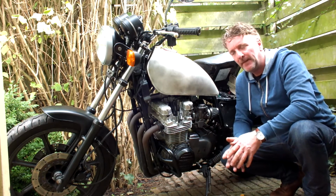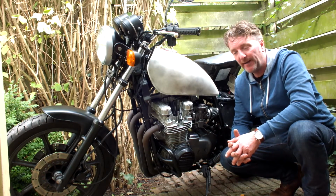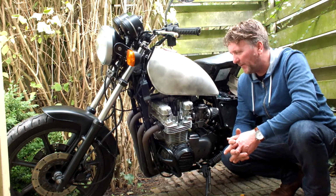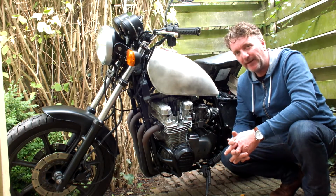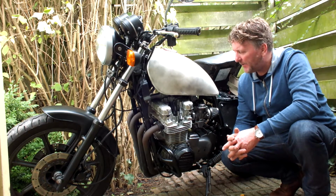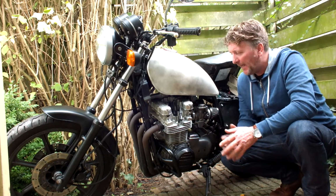Here she stands, and as you might recall, I had a few things to do to finish this bike, primarily related to the carburetor, so I'll be going into a little bit more detail about that later on in this video. What I did in the meantime is actually checked the valve clearances again,